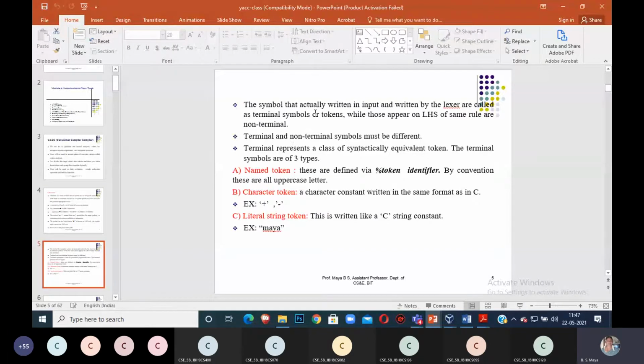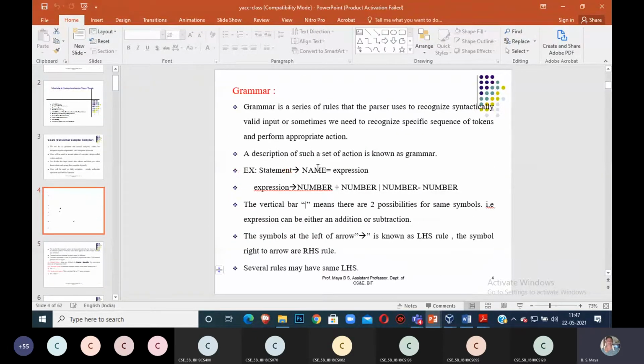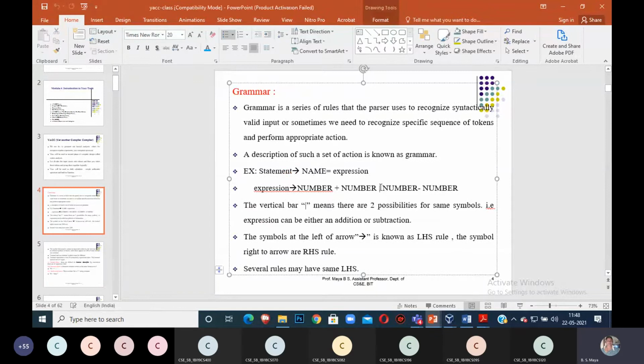Whatever is returned by the lexical analyzer is called terminals. All terminals appear on the right hand side of your rule. The grammar has both terminal symbols and non-terminal symbols. Non-terminal symbols appear on the left hand side, and terminal symbols never come on the left hand side, because I am using context-free grammar.